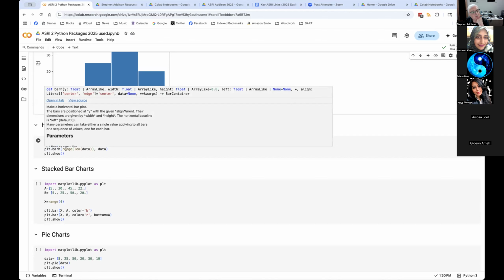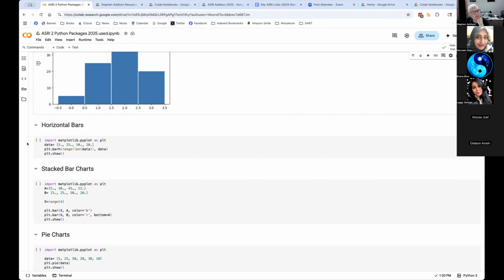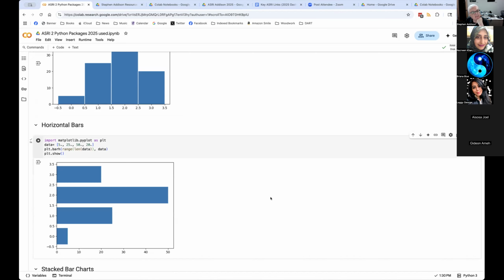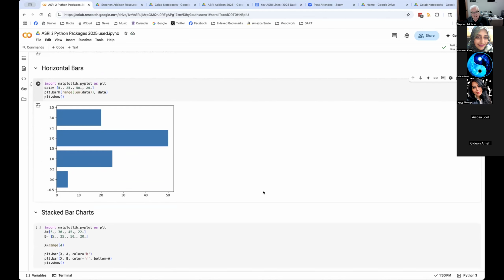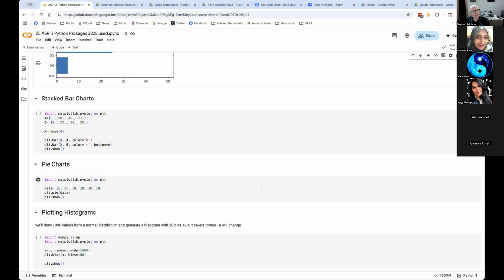You change bar to barh. And if you do that, the graph just comes out printed so that the bars run horizontally. Do you need to use that one ever? Well, probably some of you might at some time. That's just how you do it. You're more likely to need to be able to use the stacked charts. And so what I've done here is,